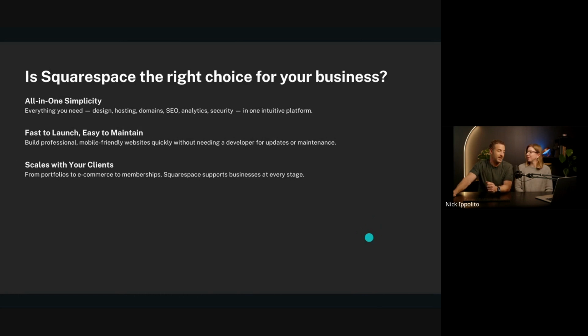It's getting better and better as well. That's an area we've noticed Squarespace really building into, some of the additional things that you can do and offer on top of your website. So if that's something that has been a hesitation for you to move to Squarespace because you think it doesn't have those, go in and check out the new stuff that they've added. They keep building on this, and I think they will keep building in this space. So it's going to be a space that you can continue to grow into.